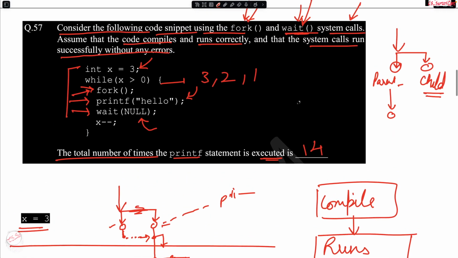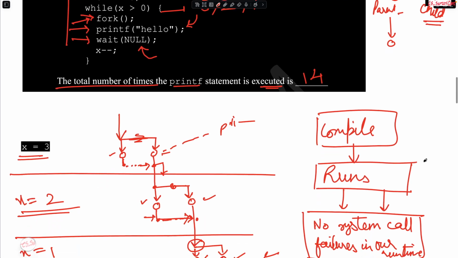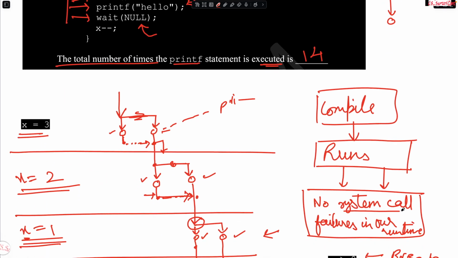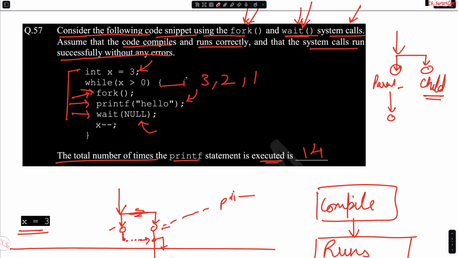The only part over here that I really want to emphasize regarding operating systems is that at certain times system calls may show failure, right? The reason we can simplify it to such an extent, with a system call being incorporated in our code, is because of the fundamental assumption that they pushed forward, that the system calls are not going to fail at runtime. Compilation and runs are very easy, but system calls sometimes failing, and their handling, makes software engineering sometimes very complex, and that part has been simplified by the assumption that has been posed, right?